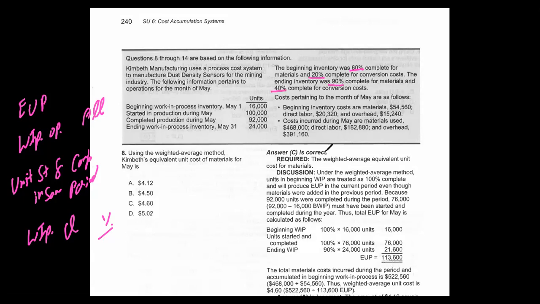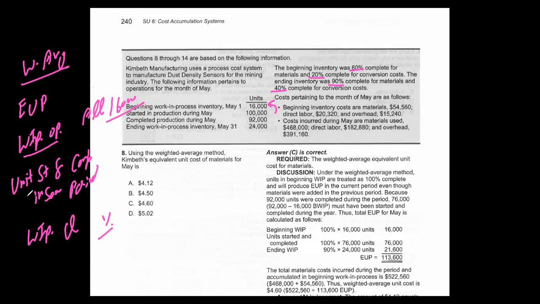And the last paragraph, we have the information for the cost which we incurred during the period. So students, right now we don't have concern with the cost. We have to calculate the equivalent units of production. So in order to calculate equivalent units of production as per weighted average method, work in process you take all. All means you don't apply any kind of percentage. You consider all the quantity.